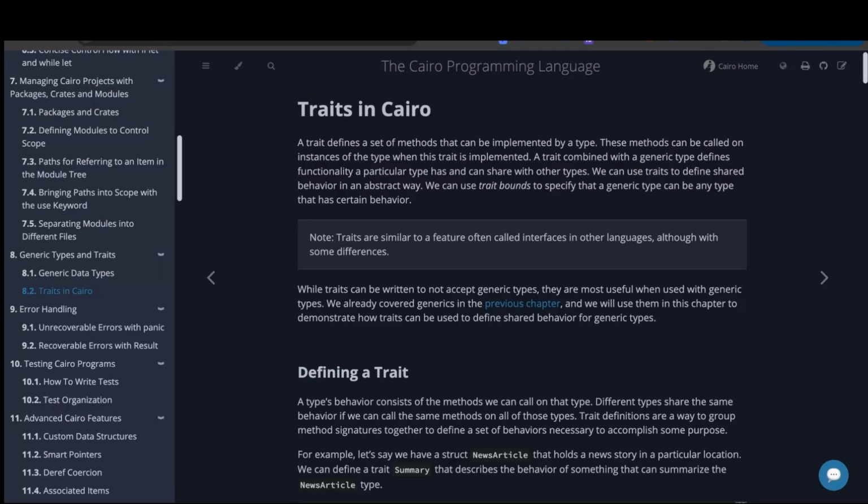So I just want to briefly go through the definition of trait according to the Cairo book. It says that a trait defines a set of methods that can be implemented by a type. These methods can be called on the instances of the type when this trait is implemented. So you can liken trait to interface in Solidity, whereby the interface serves as